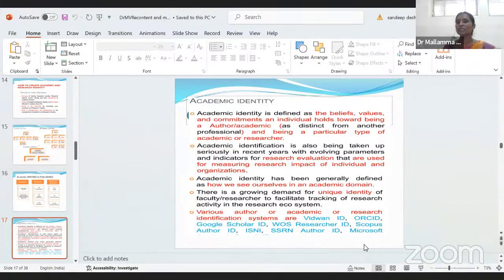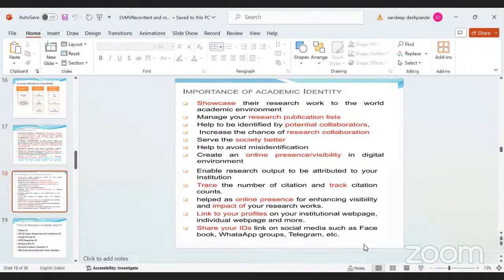So there are different measures of impact, like the impact factor. Like that we have the H index. Do you have a Google citation index? High indexing factor? Yes? How many of you know these things? The unique identity will be there. Here we will see the various author identities for academic and research. Here I will work with Vidwan, ORCID, Google Scholar, Web of Science, Scopus, and the different things. We will see one by one. Okay. Clear? Can we start? Yes, ma'am. Yes, madam. Okay.